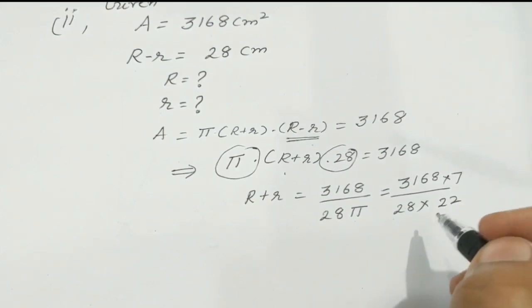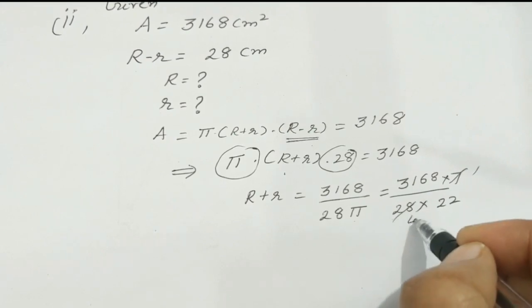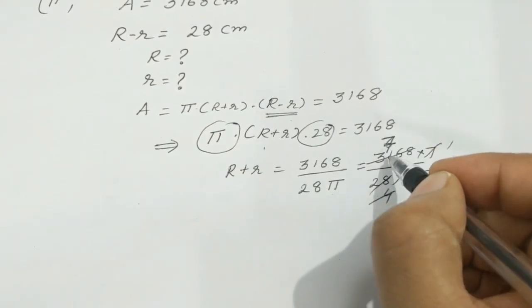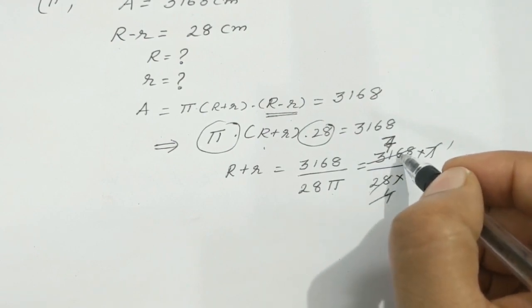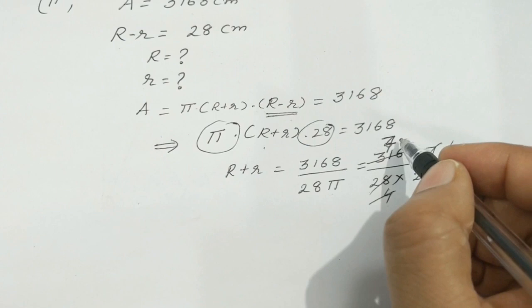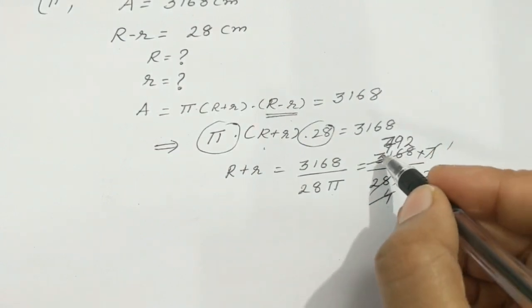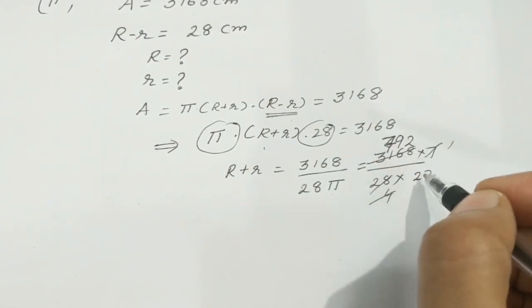Now let's try to simplify. Simplify these two by 7, 7 ones are 7, 7 fours are 28. Now simplify by 4: 4 sevens are 28. 3 here, 3 sixes are 36, 4 nines are 36, and 4 twos are 8. So it will go how many times? 792 times. Now again simplify these 2 by 2.